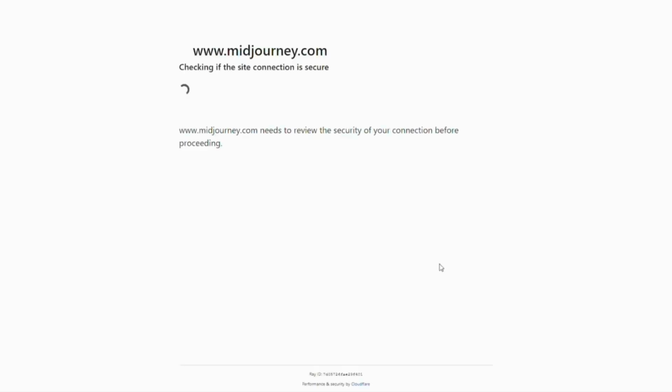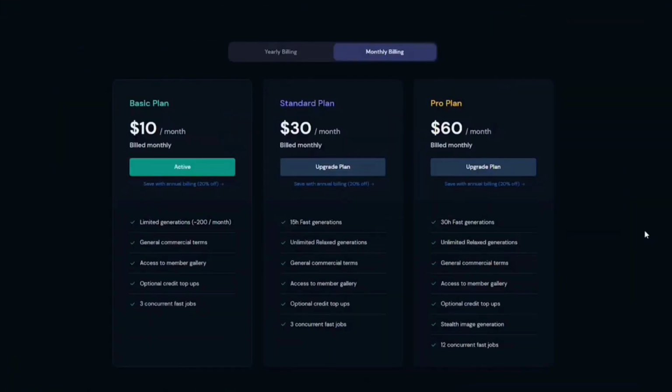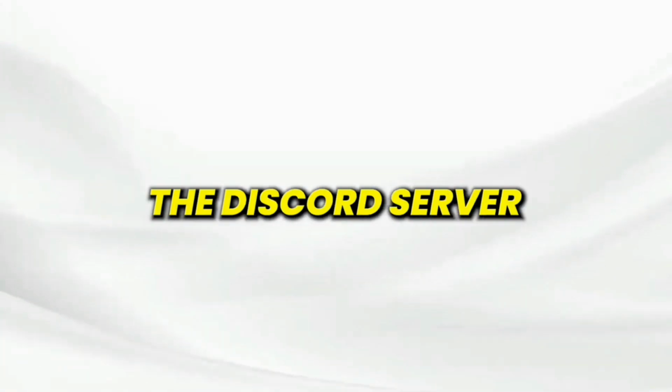Once you type in the /subscribe command, you will receive a link that prompts you to sign up for a paid Midjourney plan. It's so unfortunate that Midjourney stopped the free plan in March 2023 due to users misusing the image creator. There's still hope of the free version returning, but till then you can make do with a paid version. It's not too expensive. The basic plan is $10 per month to generate 200 images, while the pro plan is $60 per month to generate up to 1,800 images. You won't mind paying the cheap cost. Pick one of the plans, submit, and now it's time to head back to the Discord server to input the